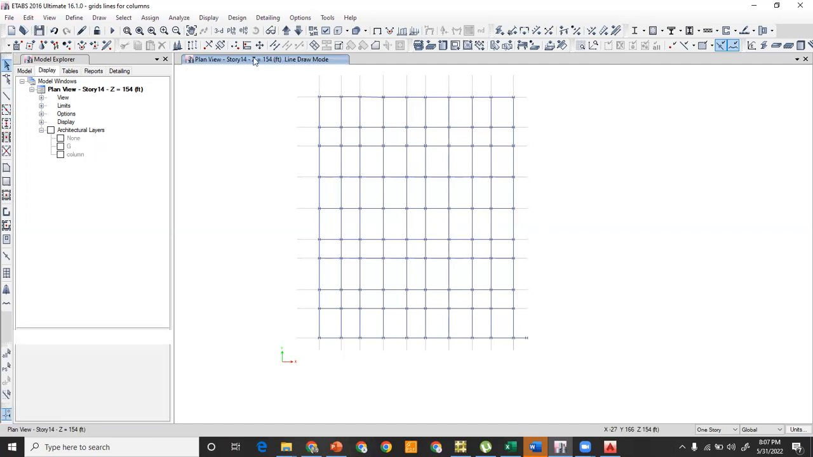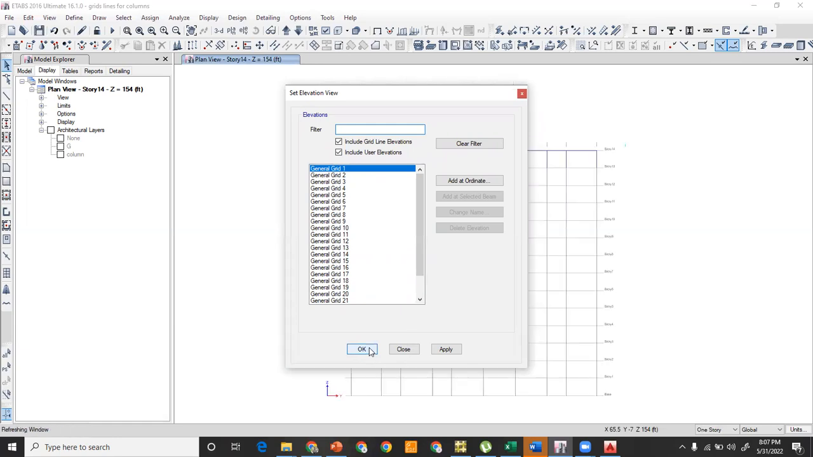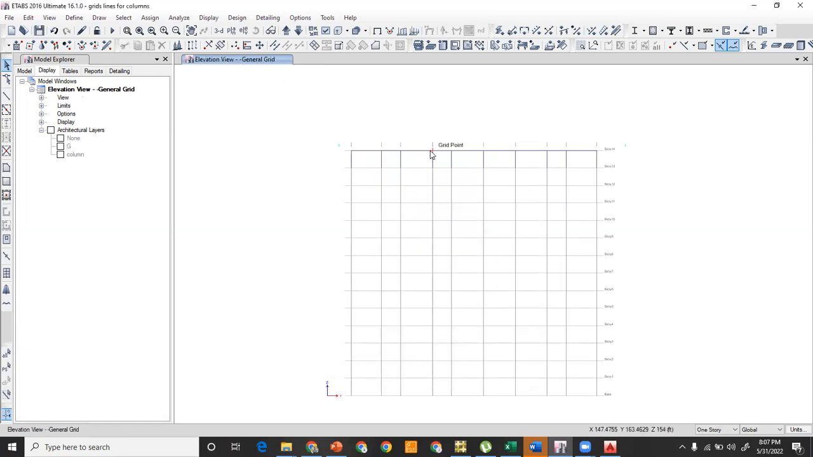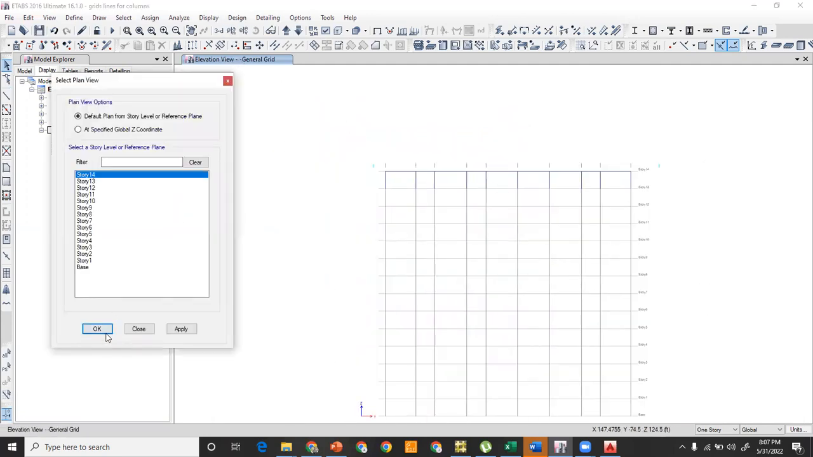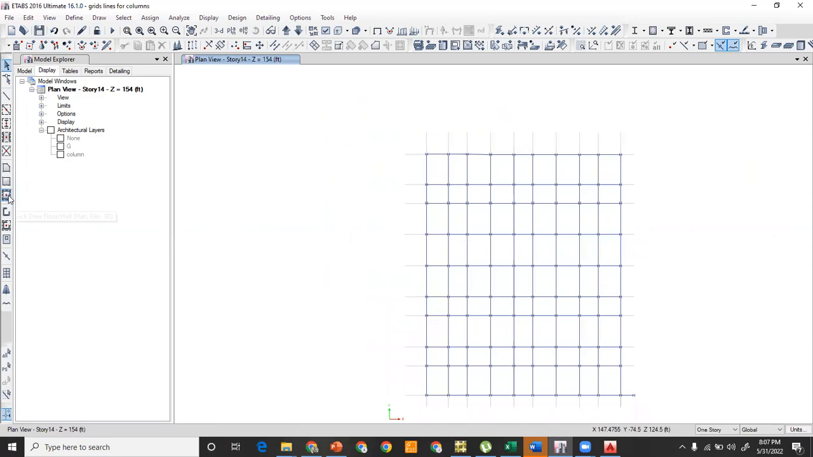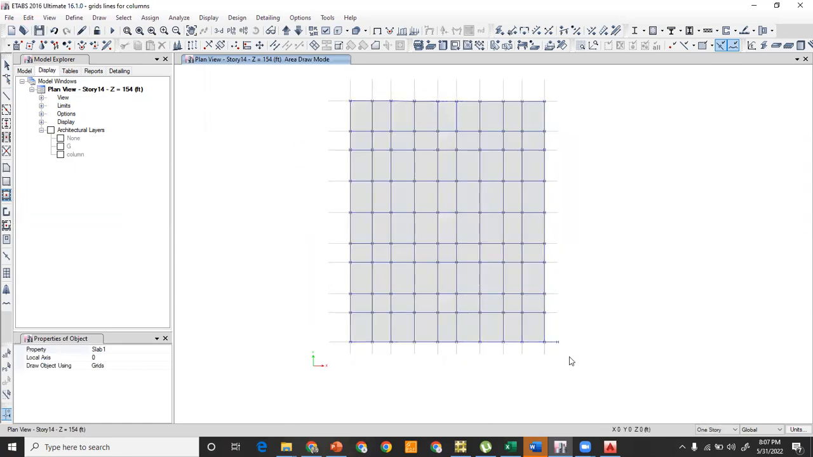You can also see the elevations. For example, this is the elevation, we have drawn this of the 14th story, right? Similarly, you can draw the quick slab. For example, this is for the quick draw floor and walls, and you can draw the slab in one click, right? So this is how the